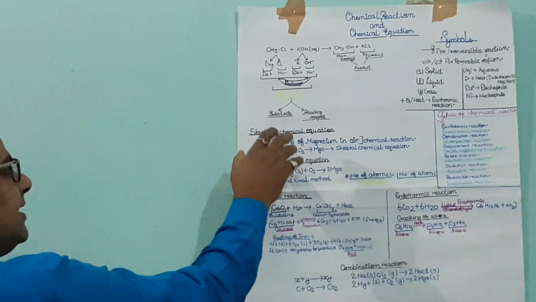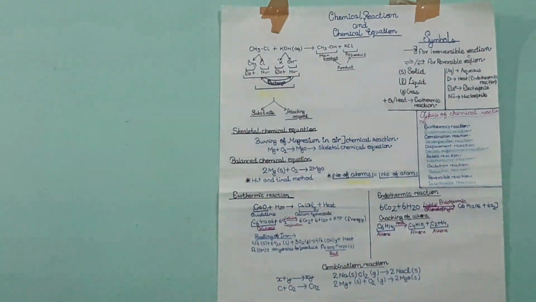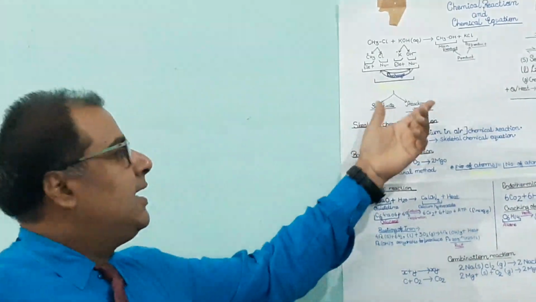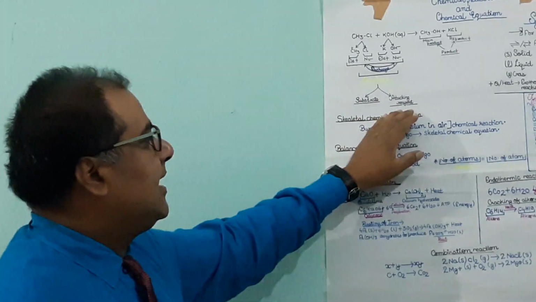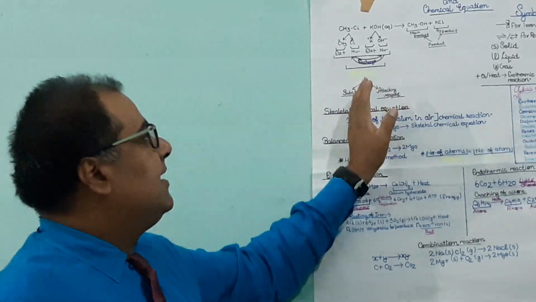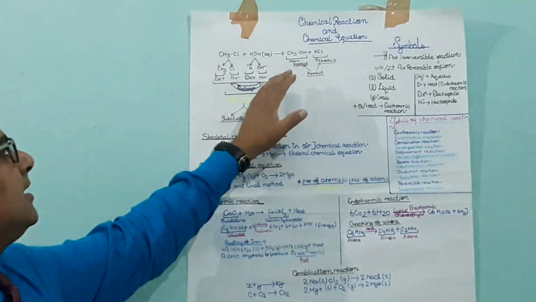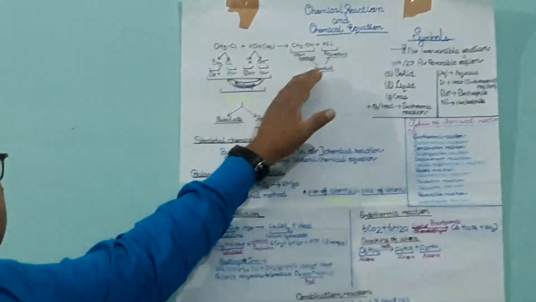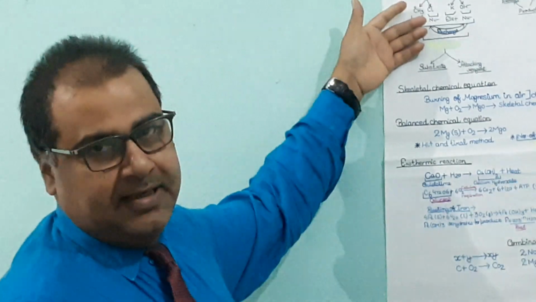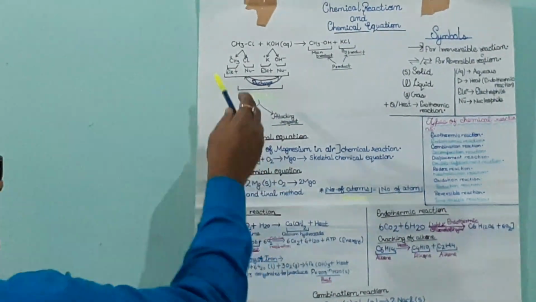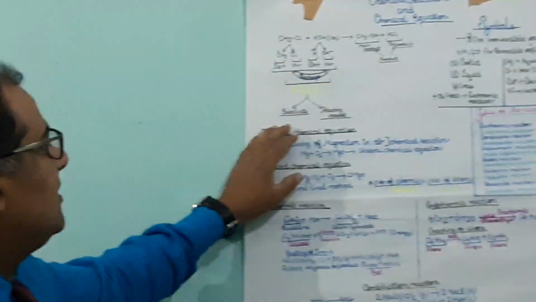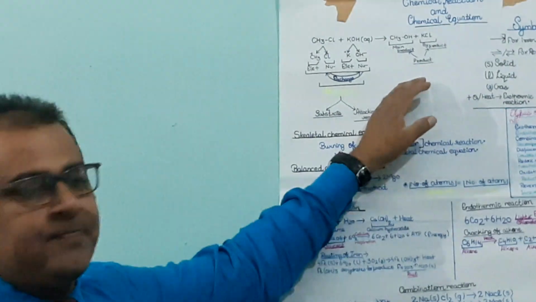So any reactant contains two components. First is the substrate and second is the attacking reagent. Substrates are those substances where the attacking reagent attacks first, and it helps in the formation of the main product, that is methanol. Methanol is the main product, and its source is chloromethane or methyl chloride. Both commonly contain CH3, and that is the main source. So the substrate is the main source of the main products.